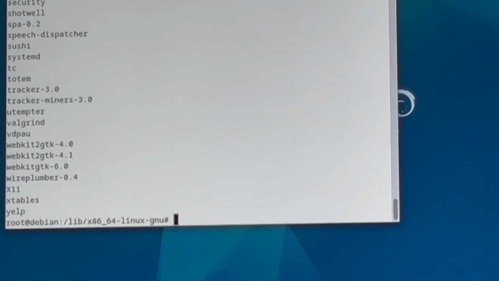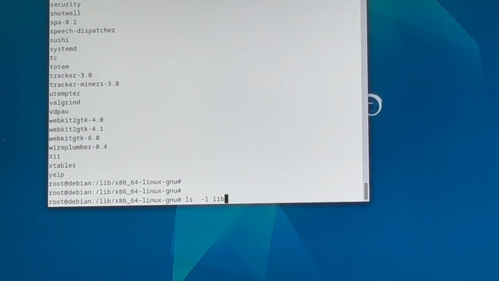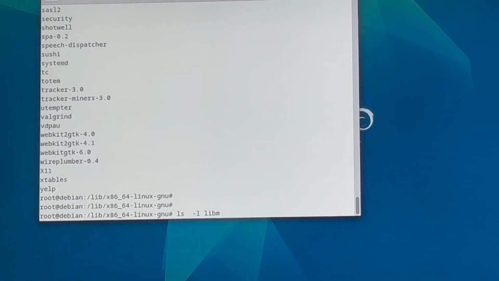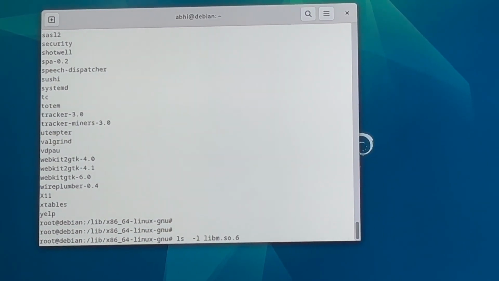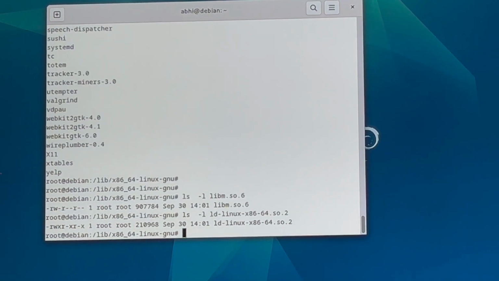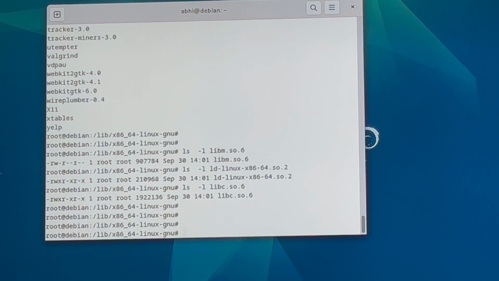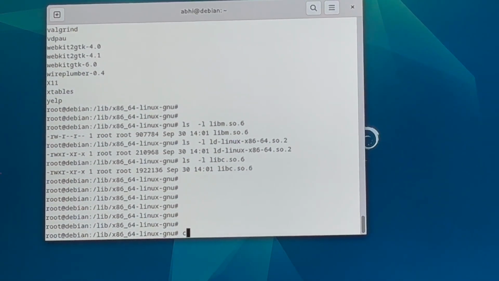One of the major libraries is the mathematical library. ld-linux is the Linux loader, and there are other libraries like crypto libraries, and most of these shared libraries can be loaded from the /lib